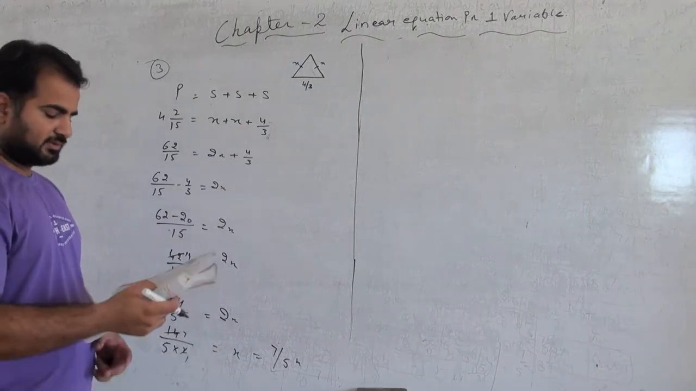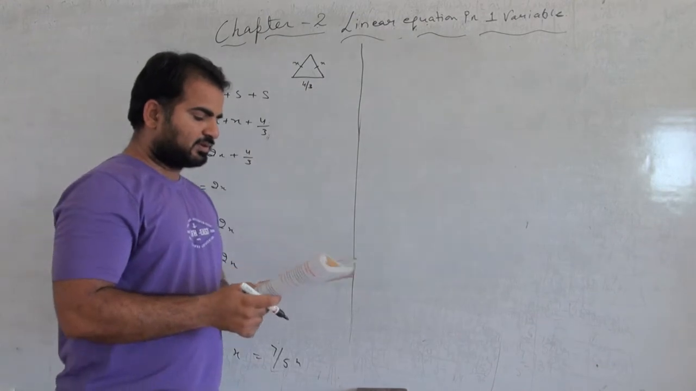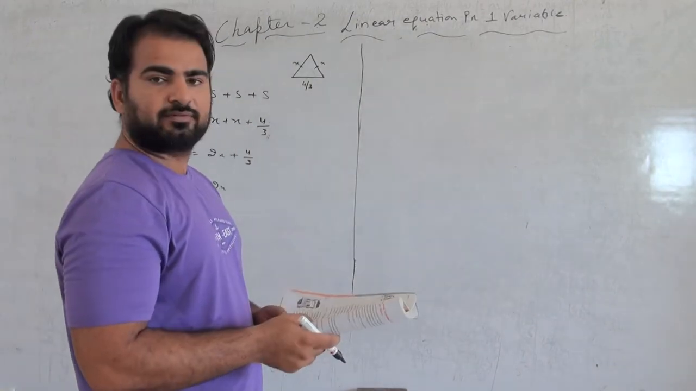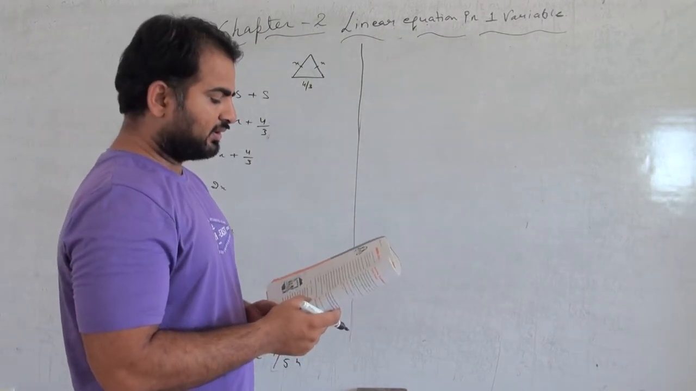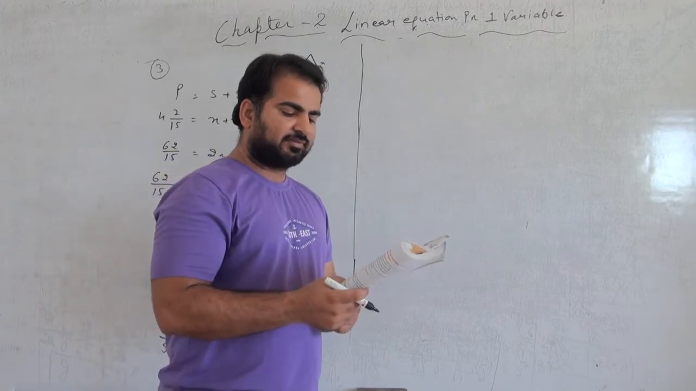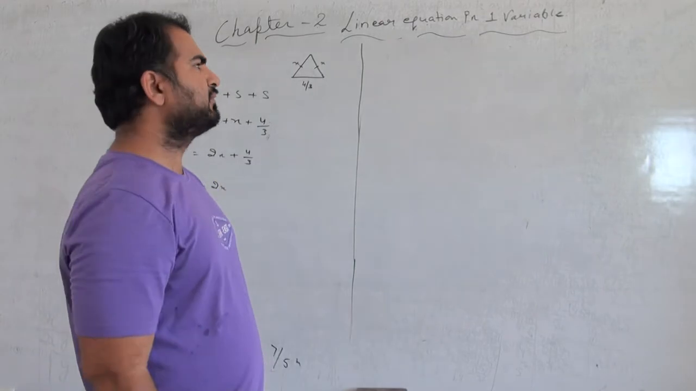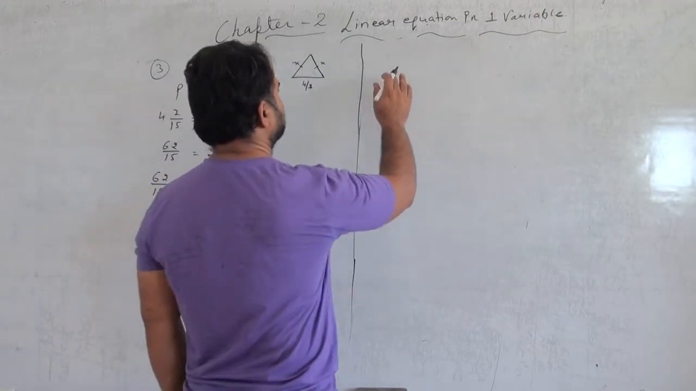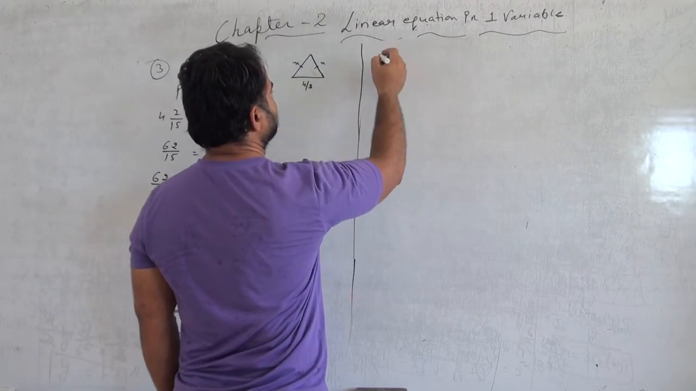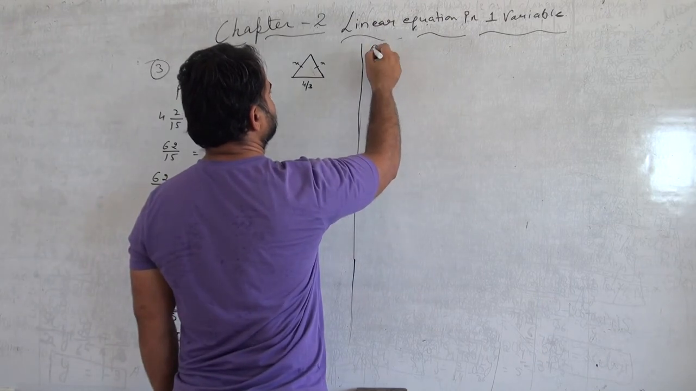Okay class. Next is question number 4. Sum of two numbers is 95. If one exceeds the other by 15, find the numbers. So sum of two numbers is 95. So let...